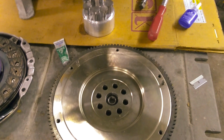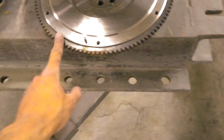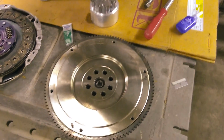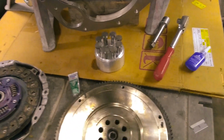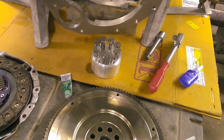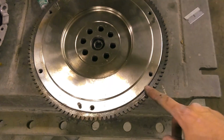For the flywheel, this is from a Honda B series, so you can find that on a 2000 Honda Civic Si. And so what you have to do, if you buy one and do this yourself, because the starter goes on the opposite direction than it is on the Honda B series, you have to heat up an oven to, let's see what the directions say. It's like 300 degrees. Sorry, looking through my directions. Okay, so my bad. 450 degrees. And you put the flywheel in there for 30 minutes,